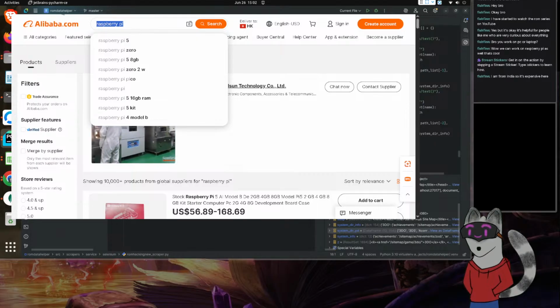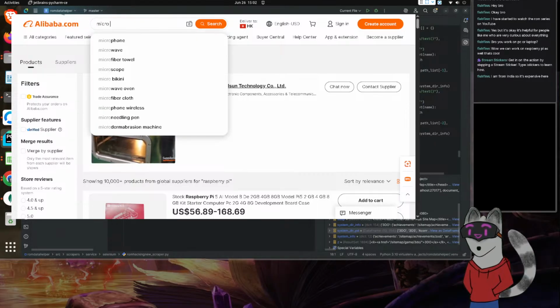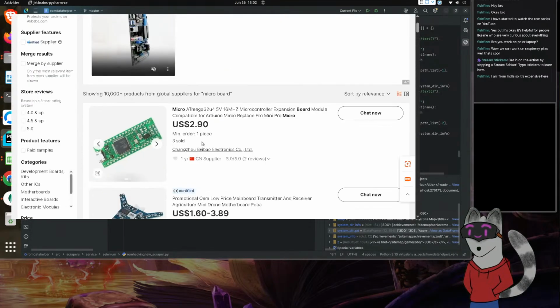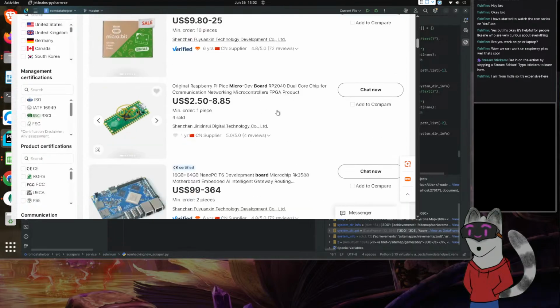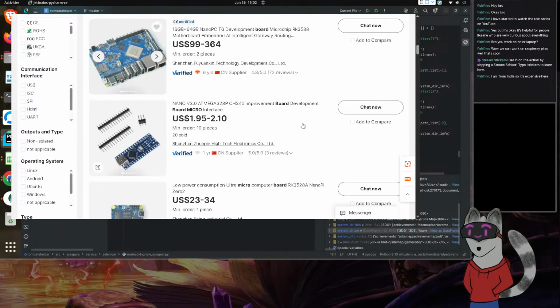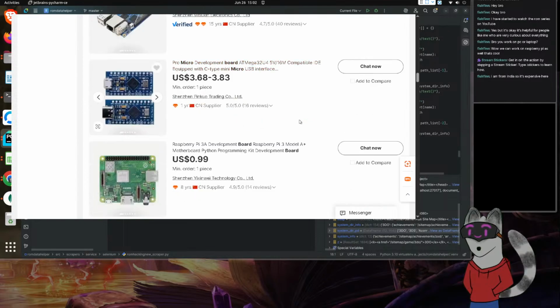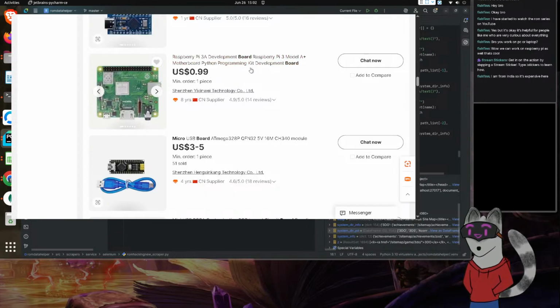So, micro board. Well, we're kind of getting different ones. Here's the Pro Micro Development Board. This is the development board.